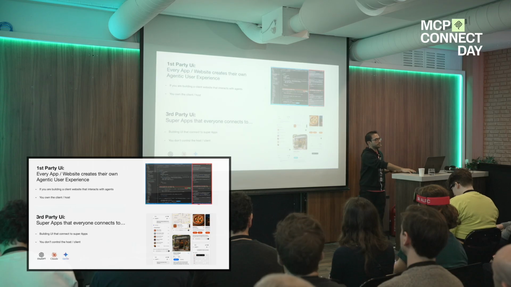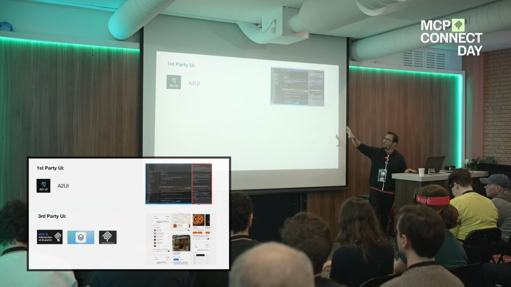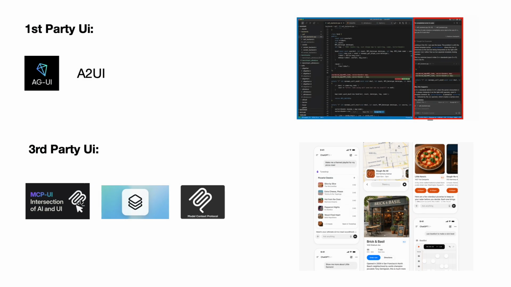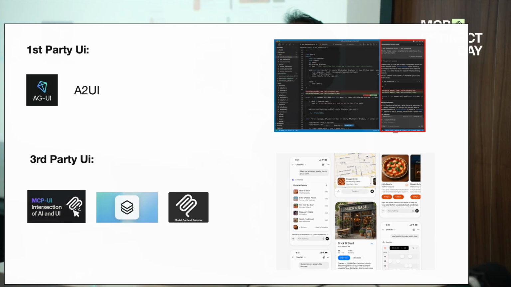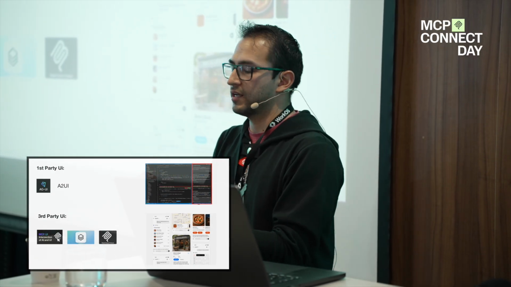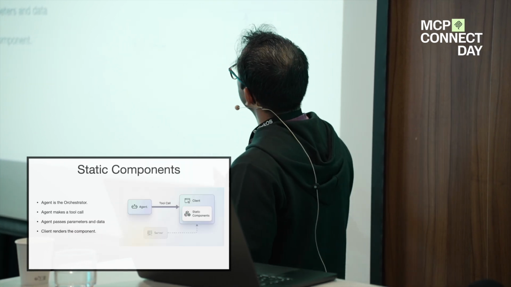Examples of first party and third party, I mean, A2UI, they do something similar. On the third party, we have seen MCP UI, MCP apps, and ChatGPT apps SDK, which I'm going to go beyond in a second. Now, this is how you inject UI, but now what type of UI are you injecting in these cases? So the first type of UI that people are injecting, which is a very simple one, is